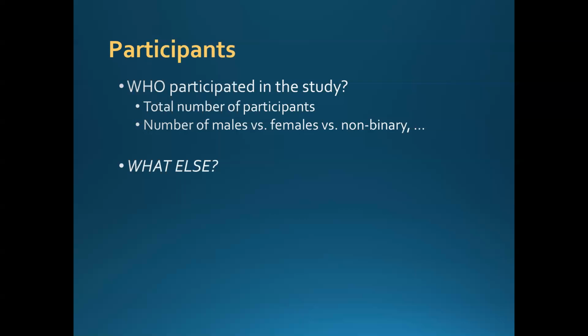What else? Someone else throw out, what else should be in the participant section? What other stat would you like to see in it? Maybe how the participants were recruited. Yeah. So this could go in one or two sections. You might want to just briefly mention, we recruited online, and then you can get a little bit more specific in your design and procedure perhaps. But yeah, you could definitely say how they were recruited.